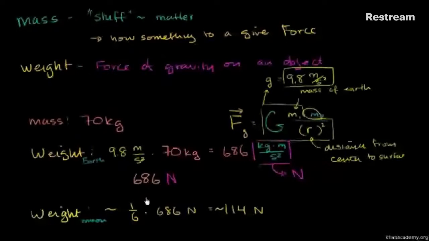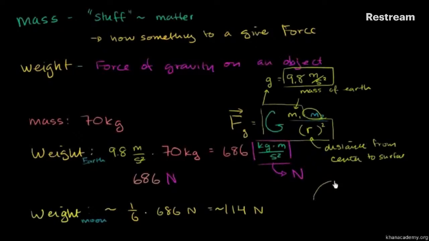This is the thing I really want to emphasize. Weight is a force due to gravity on an object. Your weight changes from planet to planet. Your weight would actually even change if you went to a very high altitude, because you're getting slightly further from the center of the Earth. It would be immeasurably small. In fact, because the Earth is not a perfect sphere, it's often referred to as an oblate spheroid,